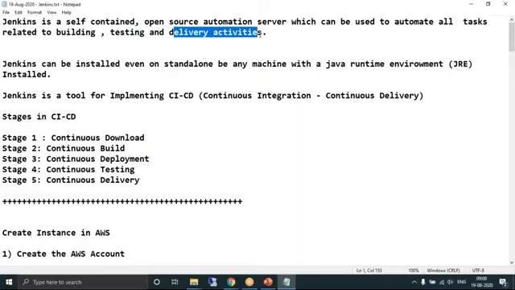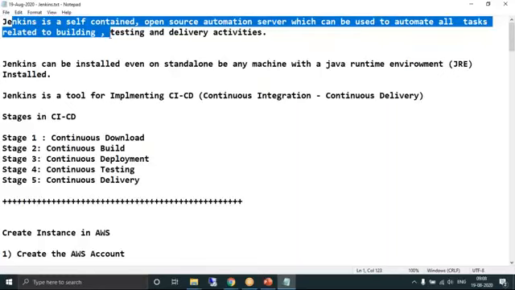It helps in automating building an artifact, testing the artifact by deploying it to a testing environment, and finally, once the testing is approved, delivering it to the production instance for the client. These series of activities can be automated using the tool called Jenkins. So it's an automation tool.